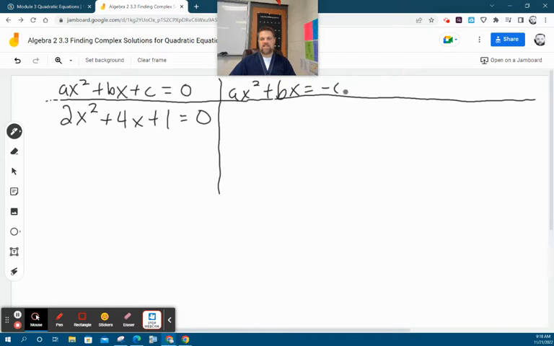equals negative c. So what I'm going to do is just subtract 1 from both sides, and I would get 2x squared plus 4x. And then when I subtract 1 from both sides of the equation, I get equals negative 1. Okay? We'll circle back to this, but just write this down. It might not make sense, but this is the algorithm that we're going to use